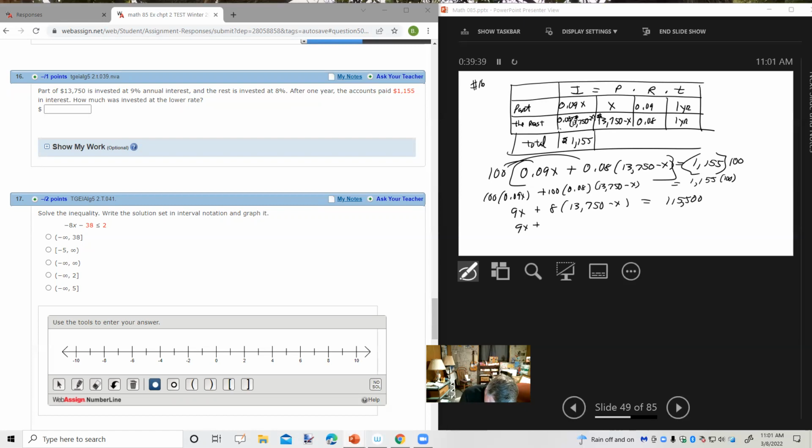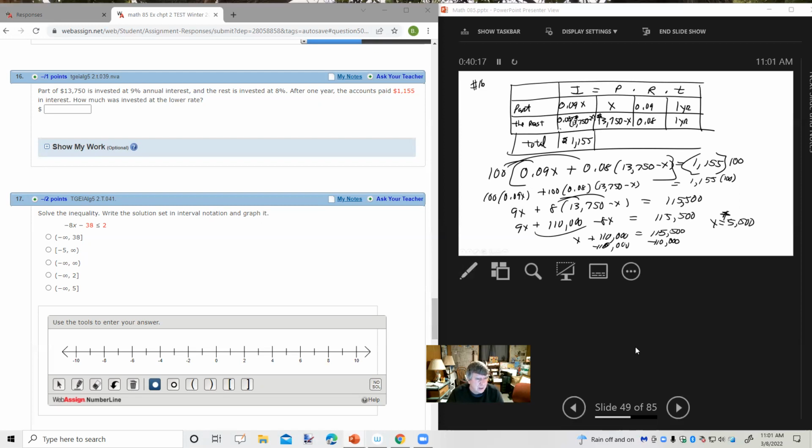Distributing the 8, 9x plus 8 times 13,750 is 110,000, minus 8x equals 115,500. Combining like terms, x plus 110,000 equals 115,500. Subtract 110,000 from both sides, x equals